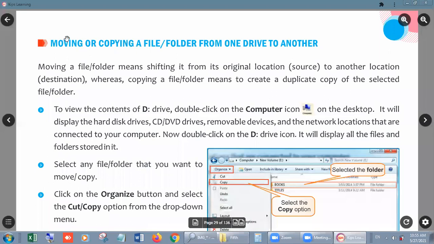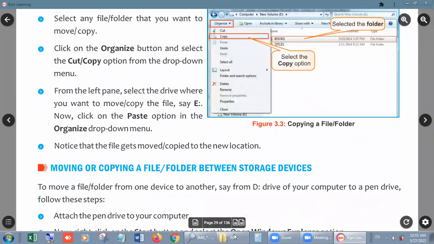In moving, we have to shift the original file. In copying, we can make a duplicate file, means original file will be on its location, and in the new location we can copy a duplicate file, right? So this was the style of it.